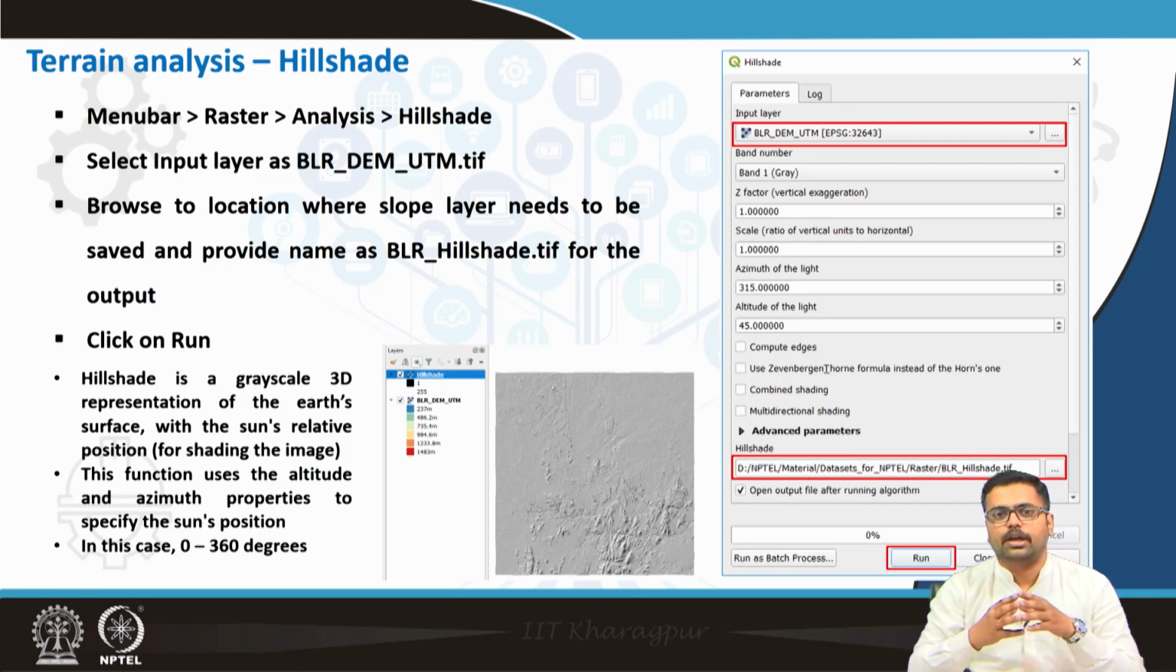Early morning or late evening is 0 degree, and right in the afternoon, when the sun is just above your head, that is 90 degree. That is called the sun's altitude. Similarly, the sun's azimuth means you can consider the entire space as 360 degree. At what angle the sun is, whether in the north or east or south to you, that you can also specify